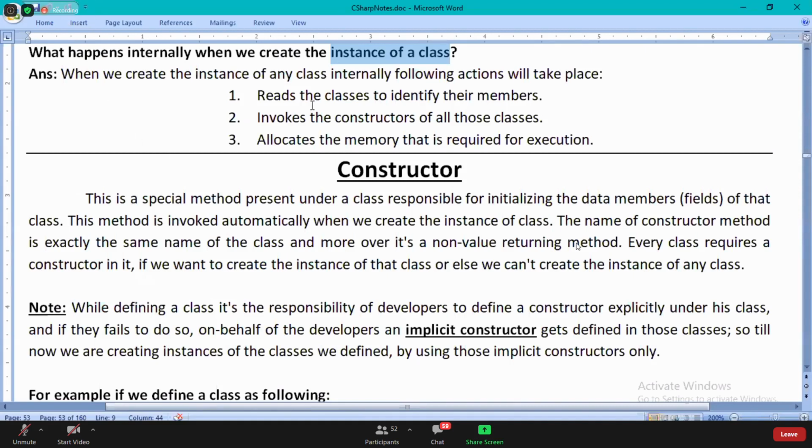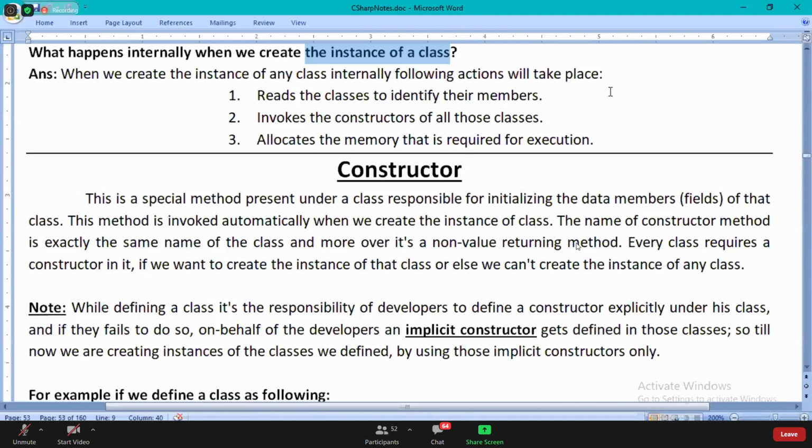The question is about creating the instance of a class. Singular or plural? Yeah, it is singular. Okay, fine.